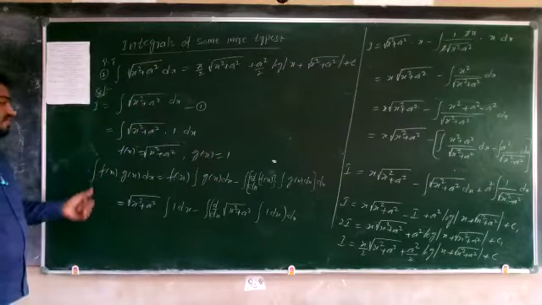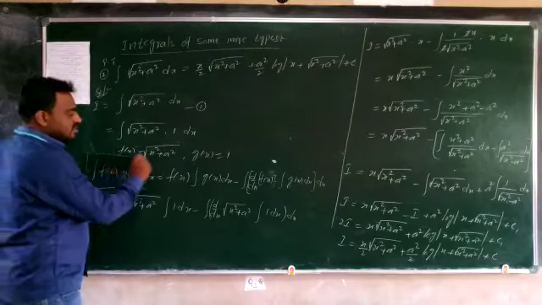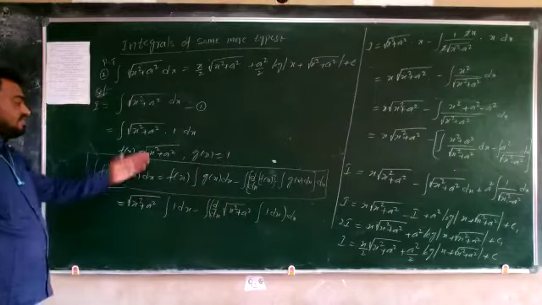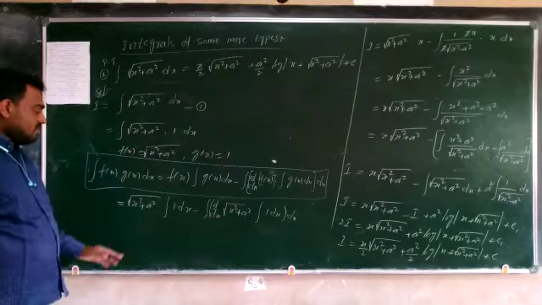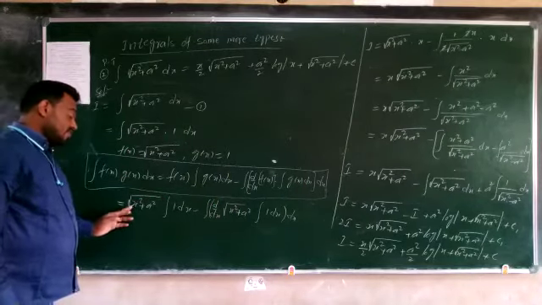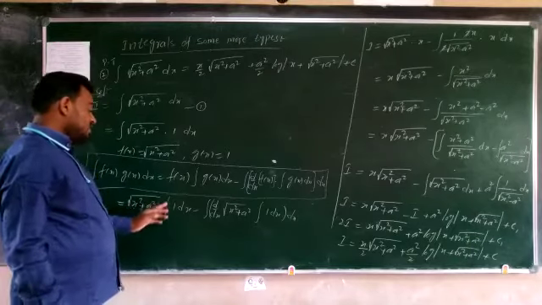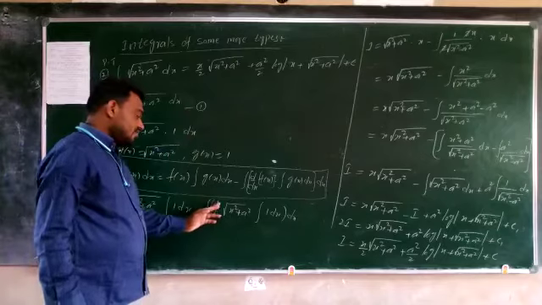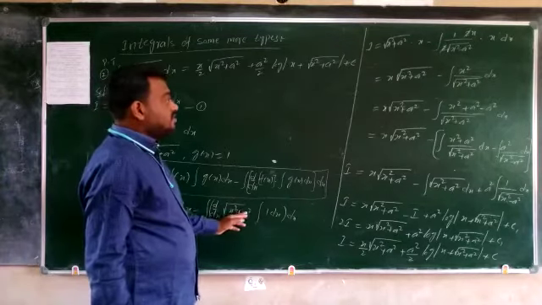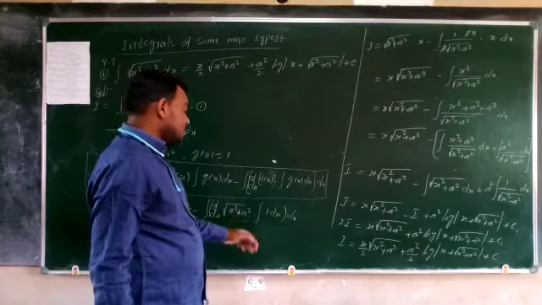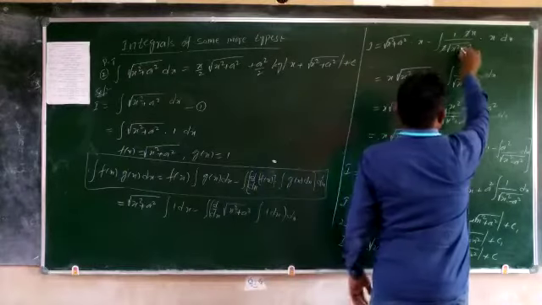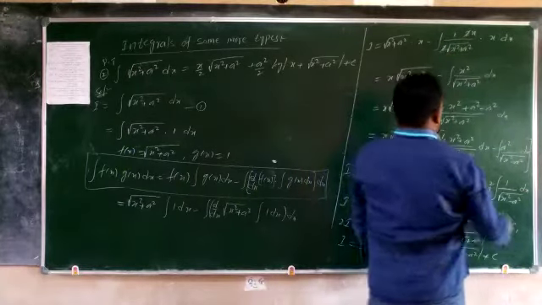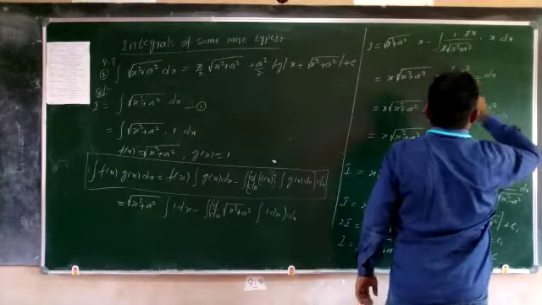Now the formula for integration of f of x into g of x dx we know. We have written this formula; in this formula, you substitute these. x square root of x square plus a square into integration of 1 dx is equal to what? x minus integration of d by dx of square root of x square plus a square. Square root function derivative: root x derivative is 1 by 2 root x. So 1 by 2 root of x square plus a square.